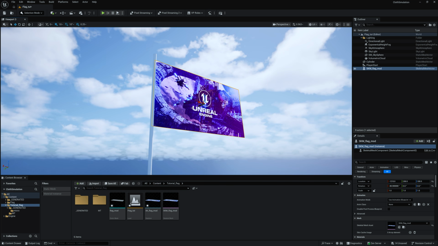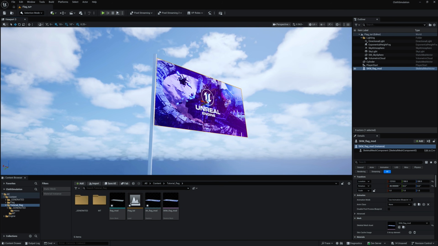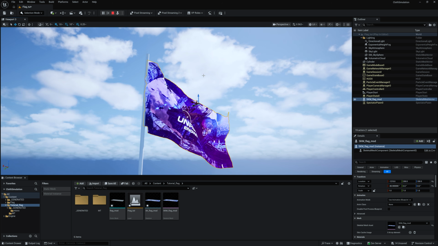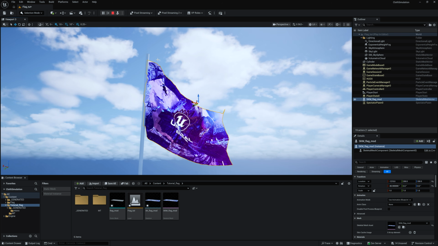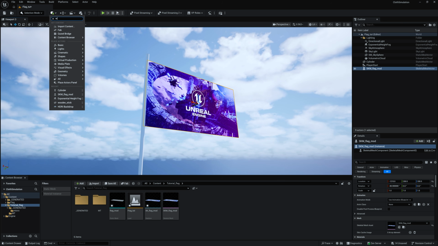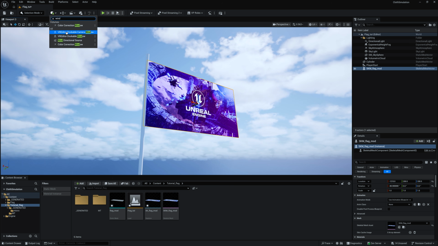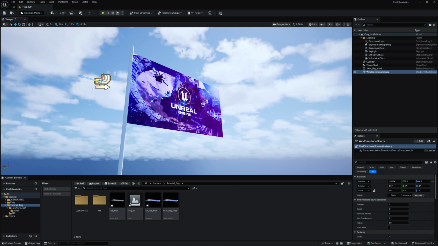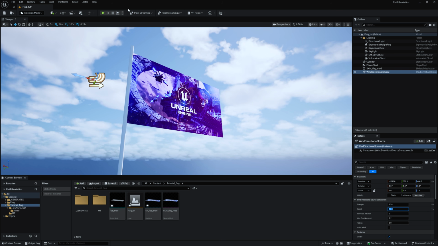And the next step is very simple. We need to just simulate this. Simply select this and just click here. And it started simulating. Now we don't have any wind separately. So what do you need to do? Simply stop this, click here and type wind and you can find this wind directional source. Simply select, just move it here to the side and now just make the strength to 10 and simply